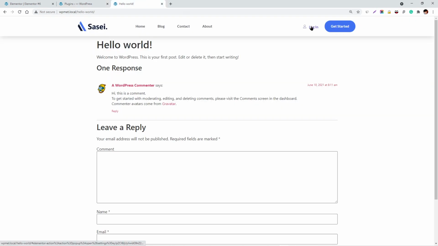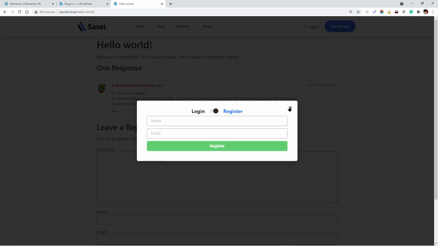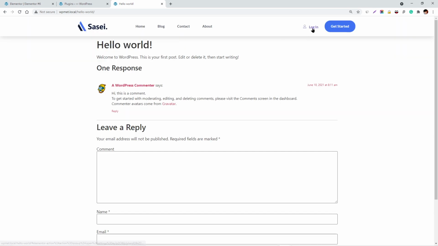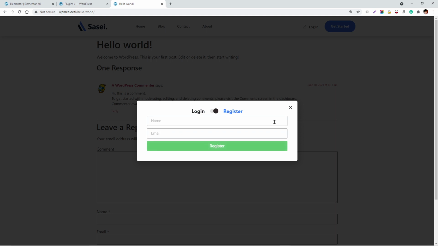We are going to see how we can create this kind of pop-up. When the users click on this pop-up or the menu icon, they can see this nice pop-up where they can register and log in to the account, right? I'm logged out of my WordPress, and that's why I can see this login form. Otherwise I would see a form. Instead of a form, I would see a link to log out from the dashboard, and here's the register form.